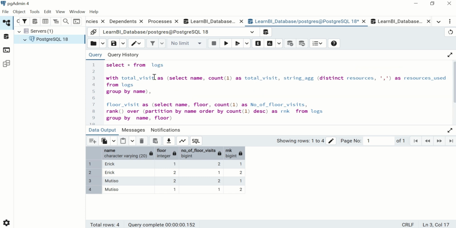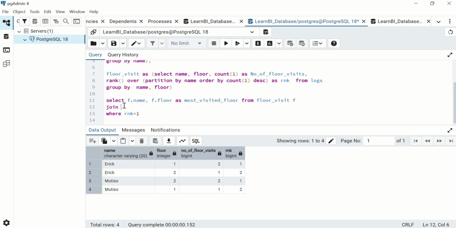so we can copy total visit, then you can call this one T, and we are joining based on name. So name is the common column of both of these two tables. So you can write T.name equals to f.name. So if we run this,